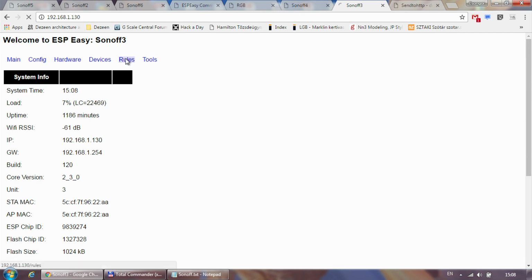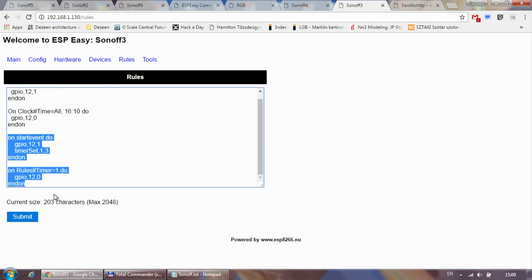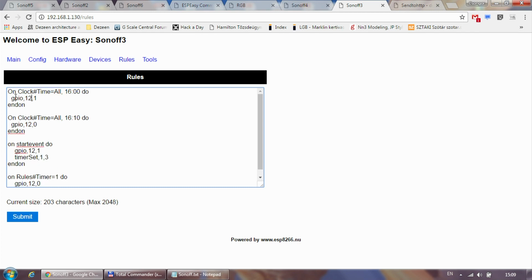So going back to the rules, the example I created here turns the relay on at 4 p.m. in the afternoon and turns it off at 4:10. And to do this, we only need a few lines of code. And here you go. So you can just ignore the start event because I was also using this device for the previous exercise. But the syntax is the following. So again, we have this on, do, and endon structure. But here in the middle, we say Clock#Time equals, and now it says All, which means every day of the week. But this can be replaced with